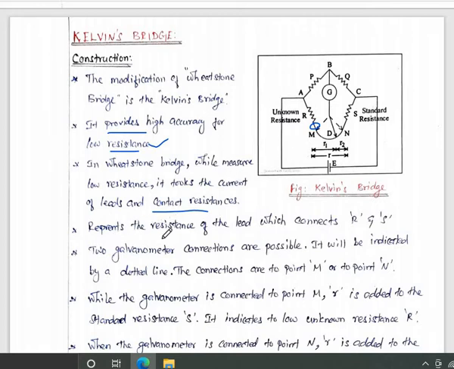And it represents the resistance of the lead which connects R and S. Here, see the diagram: capital R is the unknown resistance. It should be connected by some wire through to S. S is the standard resistance, and P and Q are also already known resistance values. The 2 galvanometer connections are possible, because the galvanometer is connected between the terminals B and D, and it is indicated by the dotted line.